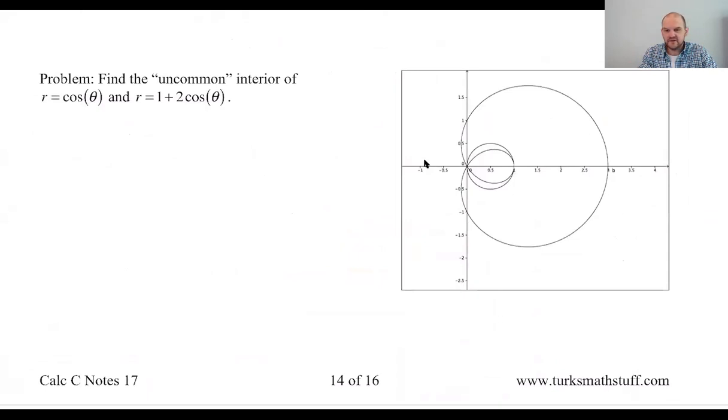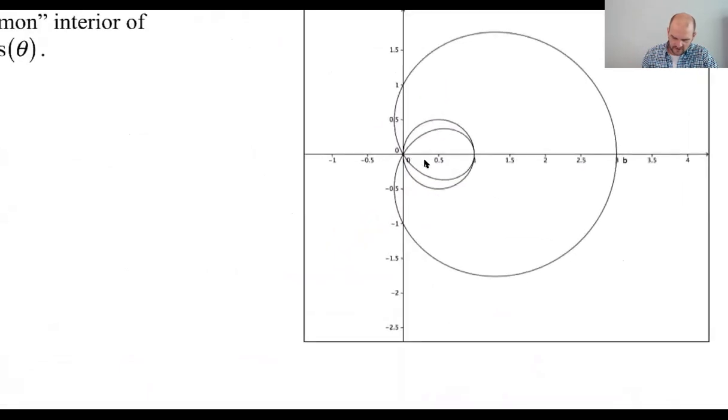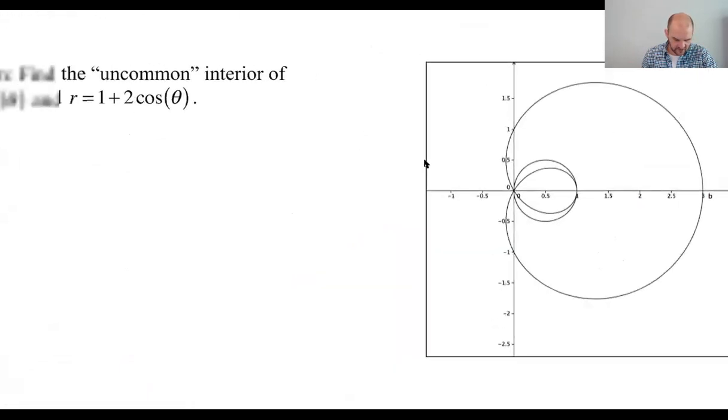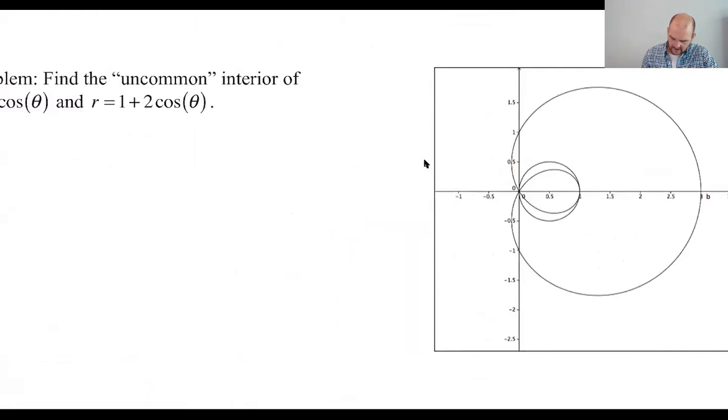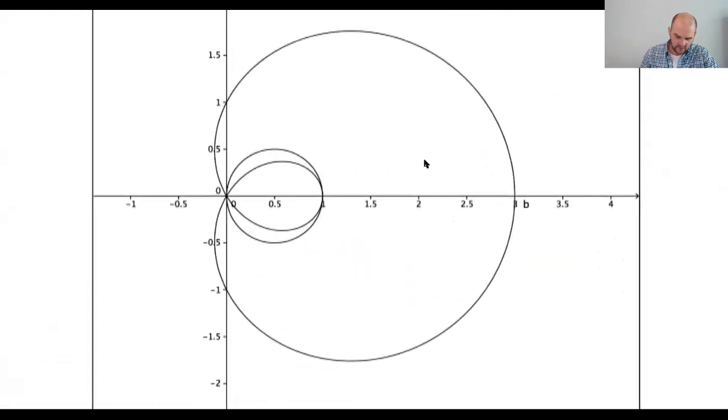Sometimes I don't even know what I really meant when I wrote these problems. I think I do here, though. So we've got a circle and a limaçon. I think what I'm looking for is a region where the entire circle is inside the limaçon, so everything inside the circle is also inside the limaçon. So that's all common interior. So the only option here would be